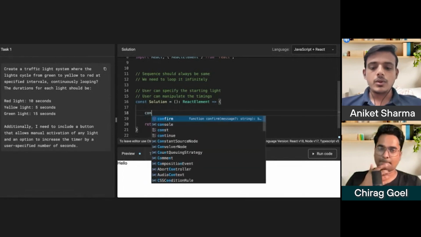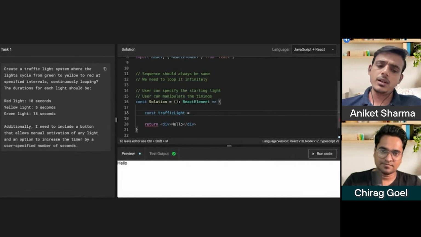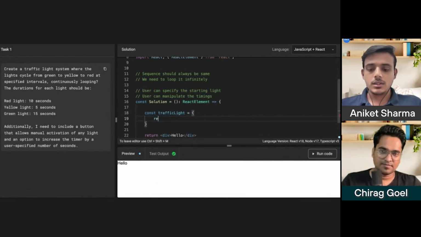So it would be good if we maintain an object, traffic light, and that should be an array of objects, or maybe not an array of objects, because if we use an array, then we also need to search for the particular light which we need to toggle. So it would be a good approach to go with the keys, so that we can avoid the searching.